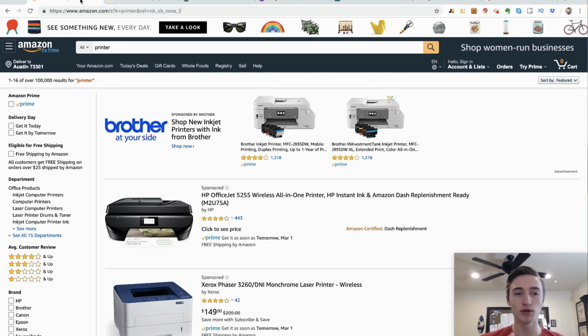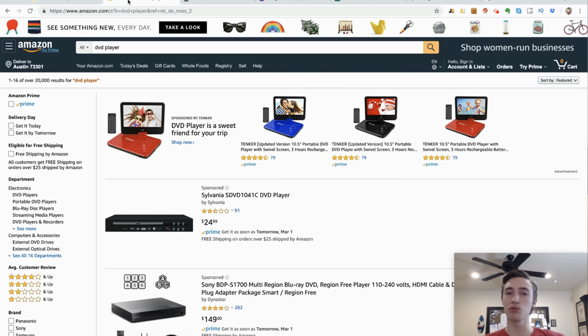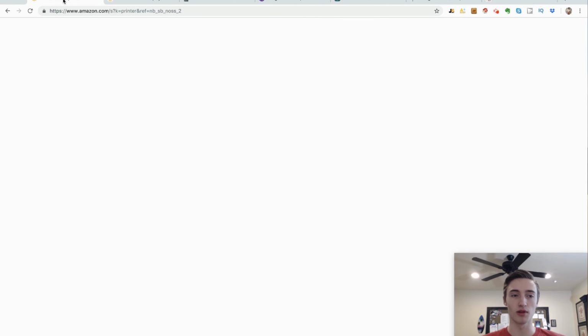The second most profitable item to resell on Amazon are going to be electronics. Now, there's tons of different electronics you can sell, from printers to DVD players to CD changers to Xbox to Wiis to PlayStations to VCRs to cassette players. There's so many options when it comes to electronics, and the margins are probably the best when comparing the items